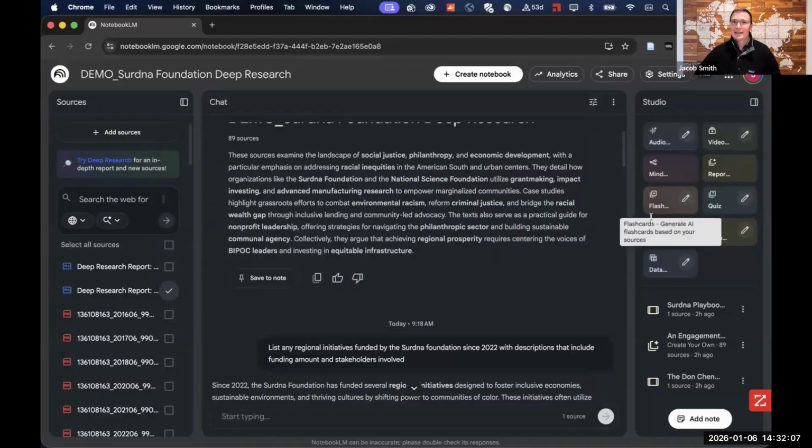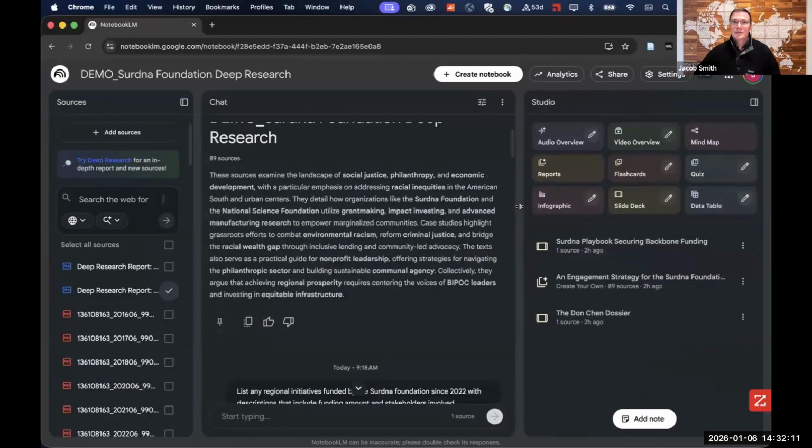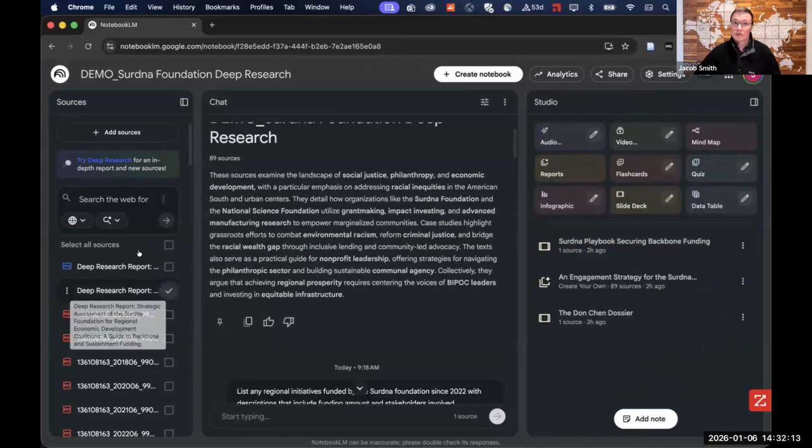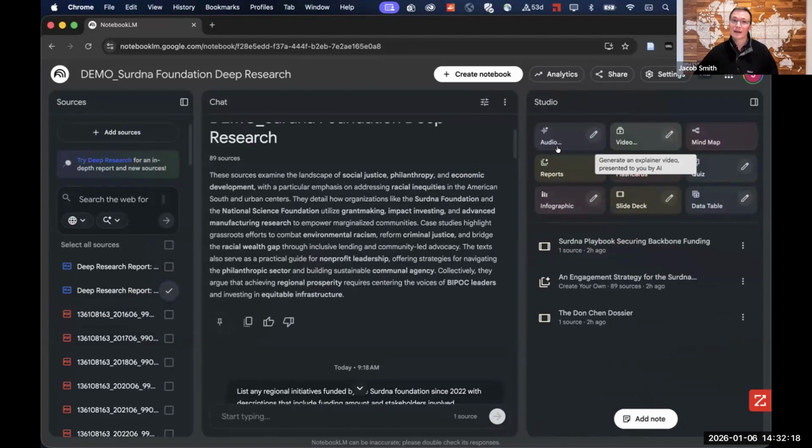In addition to that, you can use the studio functionality specific to a given source or all of the sources to generate all of the things you see here. So an audio overview, video overview, a mind map, a report, flashcards, and so forth.